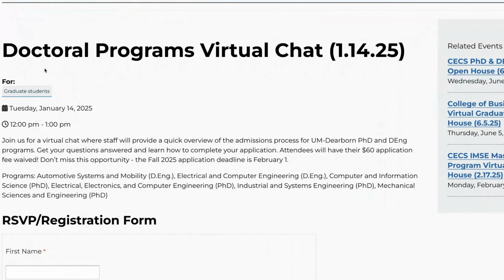So if you're applying to a master's program, you may want to pay the application fee, which is not much. Anyway, it depends on your country and your conversion rate, right? The currency conversion rate. But $60 application fee is applicable to everyone who is applying to this school, except those who are applying for the PhD program. So if you're applying for their PhD program, make sure you find yourself in this virtual